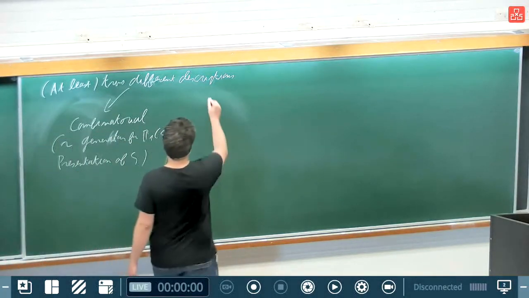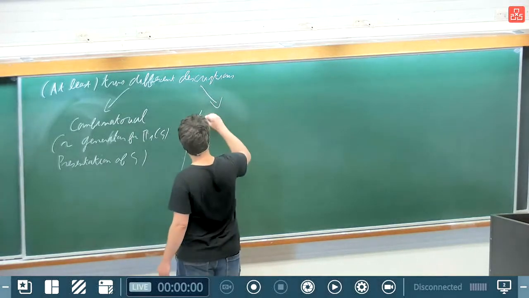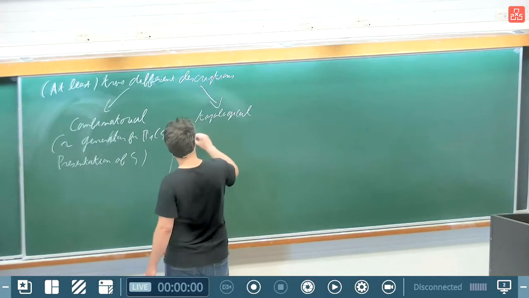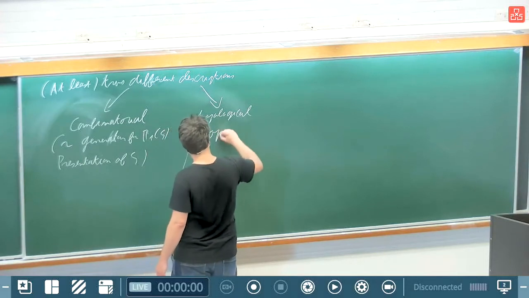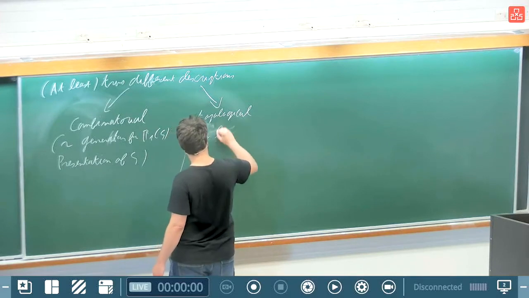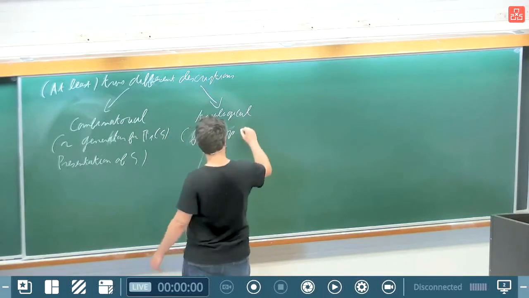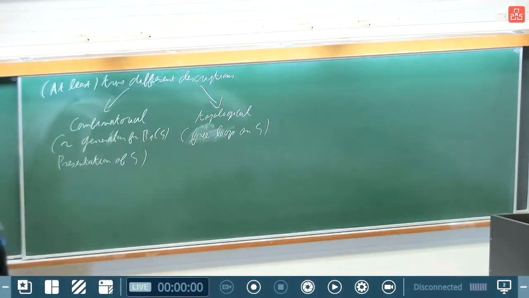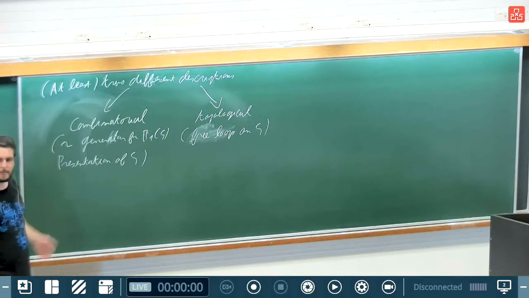And then the other description is topological. And it basically involves loops, or I should say free loops, so loops without the base point on X. And in both cases, you get some description of the character variety itself and of the Poisson structure